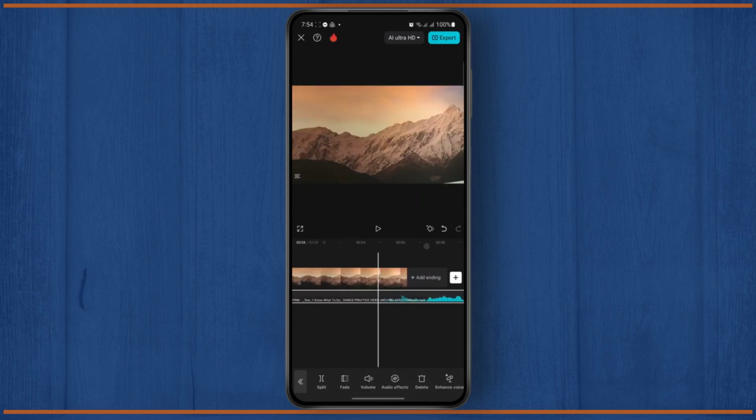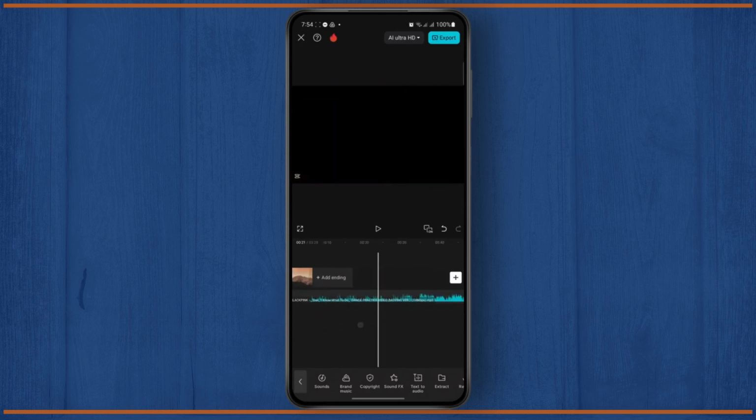So you could just go ahead and export this, shorten the time of the music because it's way too long. So go ahead and tap on this one, shorten it out a bit, and then just you could upload this on your